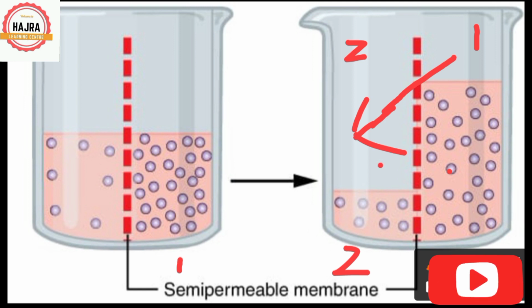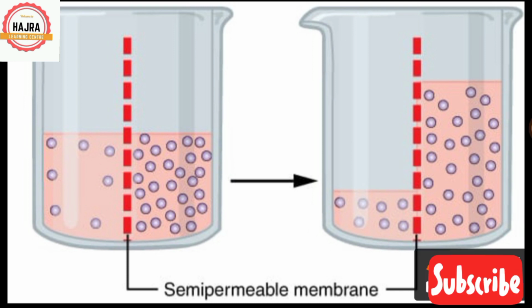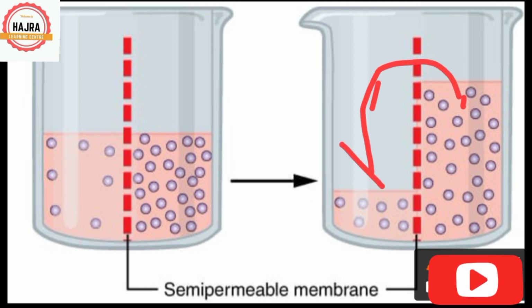Why do we have to talk about water in a separate process? Because the osmosis process is always used for water. In osmosis, water is the medium, but in diffusion, there are large molecules, gases, and small molecules as well. So the osmosis word is usually for water. Water will travel from the higher concentration to the lower concentration until it reaches an equilibrium condition.